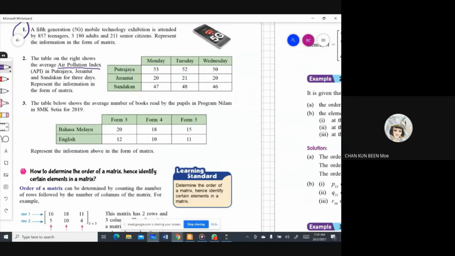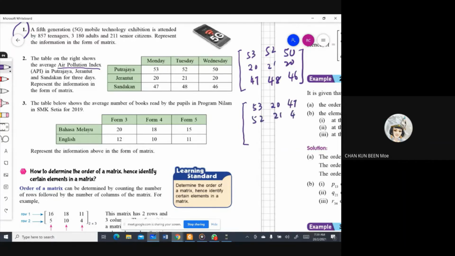Hopefully you do it the correct way. Open up your bracket and represent it with 53, then just copy down everything exactly the same way: 52, 21, 48, 50, 20, 46. Or you can do it the other way around, which is 53, 20, 47, 52, 21, 48, 50, 20, 46. Okay, and then for the third question, if you look at the table given,